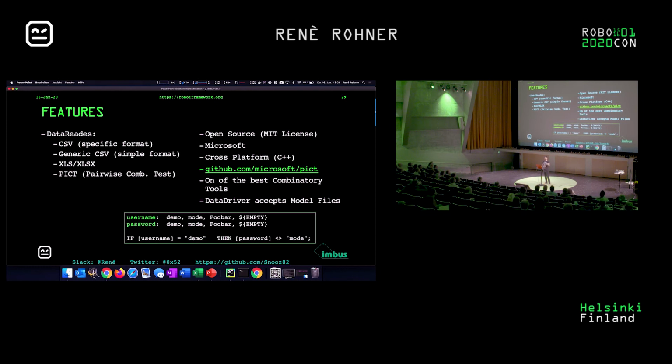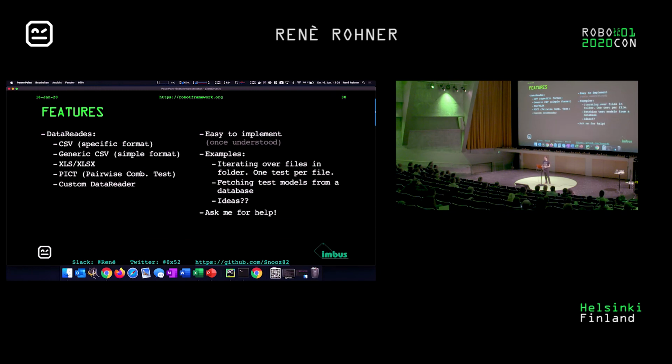So just download it, just make pip, and then you have it, and you put it to path, and it works. And the very important and last thing, I think, is you can add custom readers. So you just have to inherit a class there, same like the Selenium data plugins are. You have to implement one class, like get data from reader, from data source, and then you can implement your